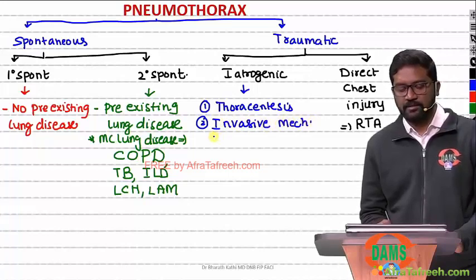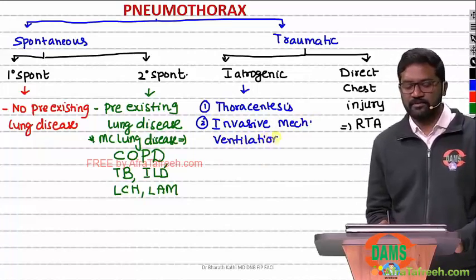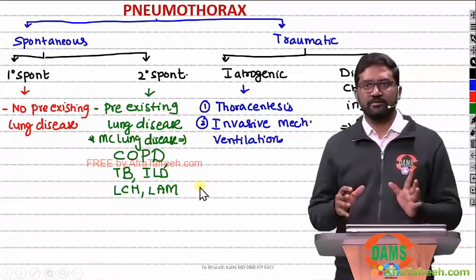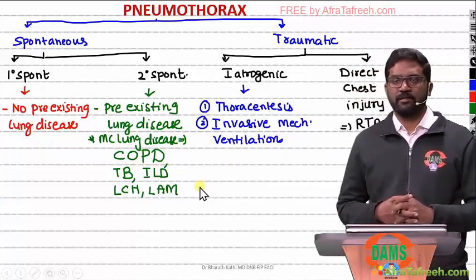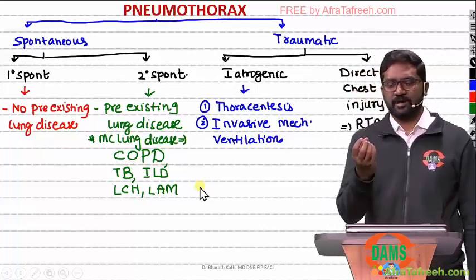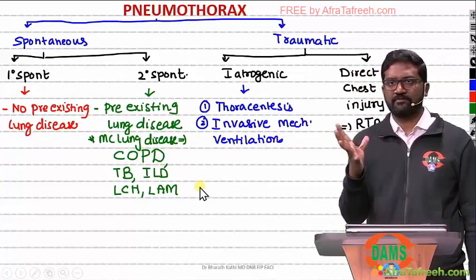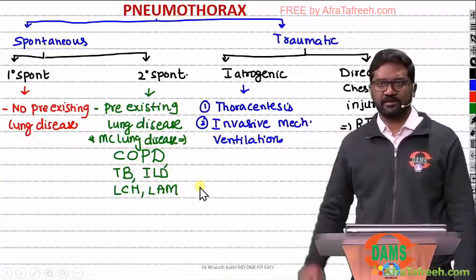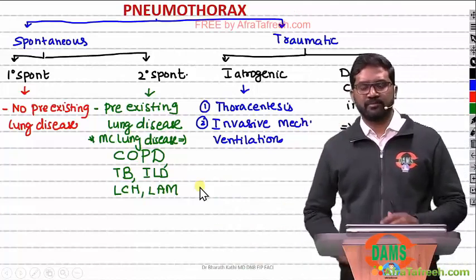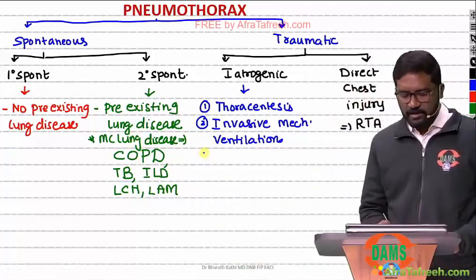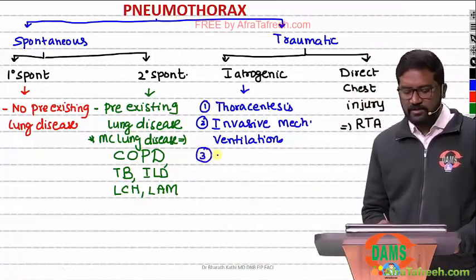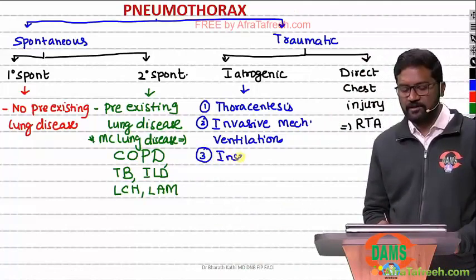It can also happen as a part of invasive mechanical ventilation. You know that this is a positive pressure ventilation given directly into the lung through an endotracheal tube. Whenever you give excess pressure to your alveoli, the alveoli will rupture. Whenever alveoli rupture, air escapes into the pleural cavity, causing pneumothorax. And the third important reason is insertion of